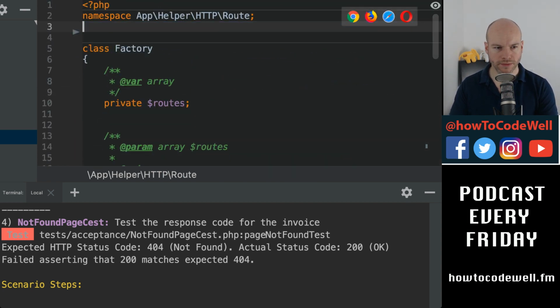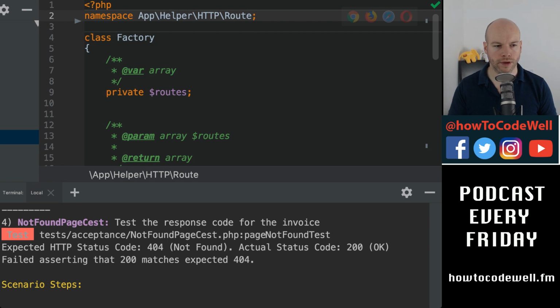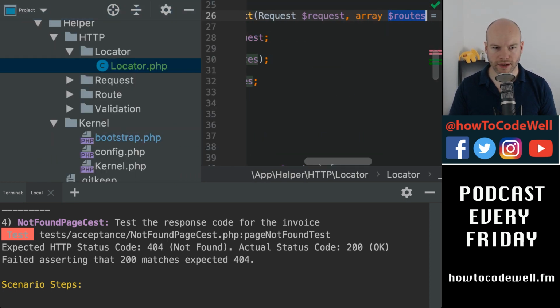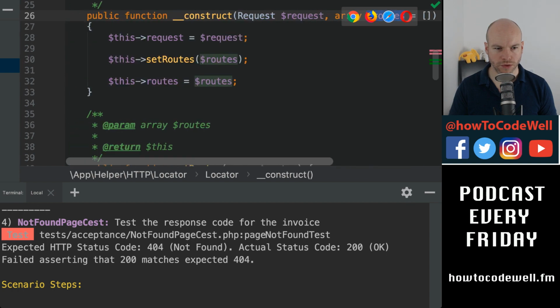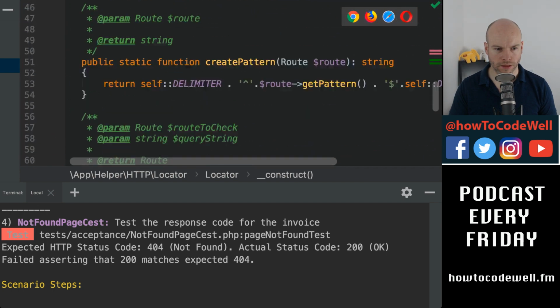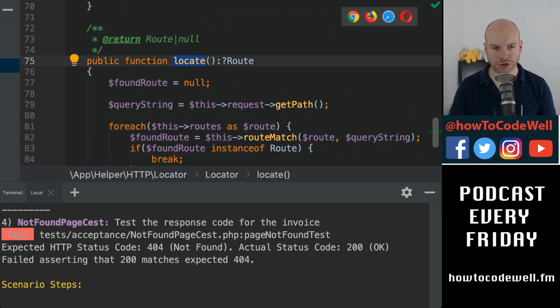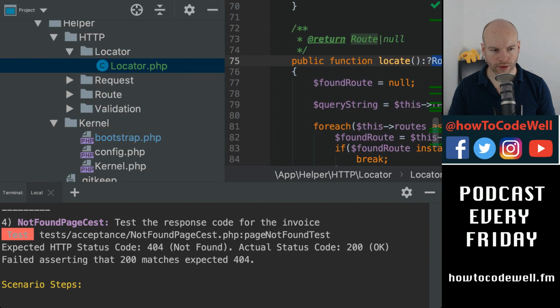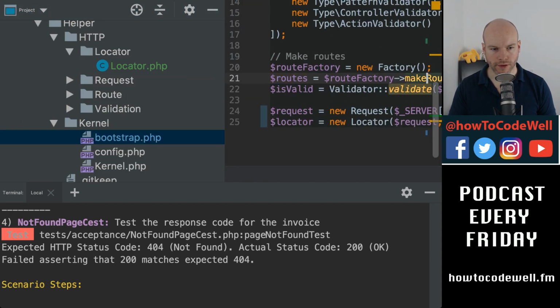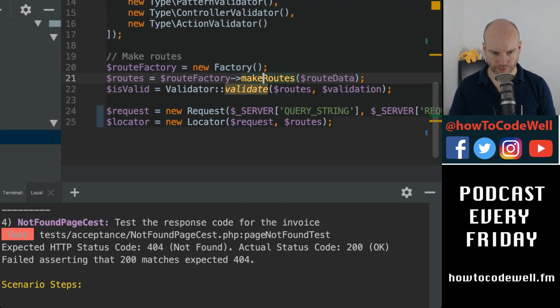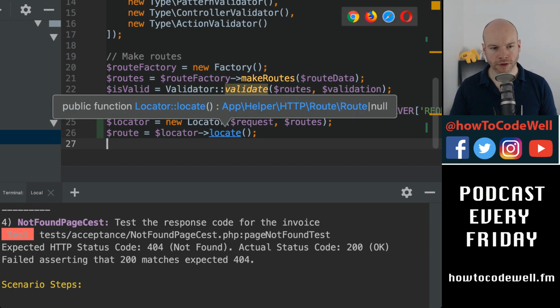That's dead code too. Okay, so then we have the locator, and we're running locate, which returns a route. So we go Bootstrap, so we go route is equal to locator locate, and that will return the route, hopefully, or null,